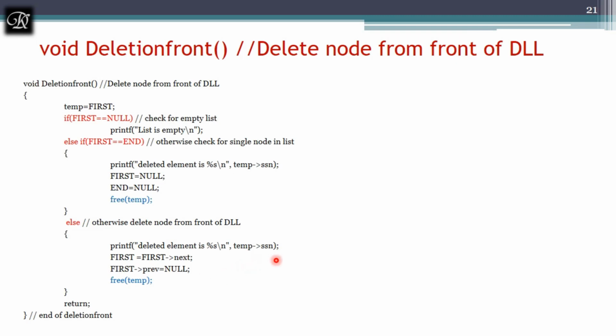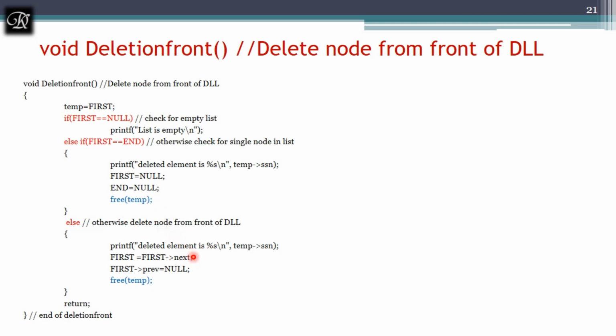Let's see how to achieve this with the help of the code. So as we have seen, there are three cases. The first case is when first is equal to null or end is equal to null, we can call it a list is empty, no need to perform the delete operation. The second one is first and end both are pointing to the same node. Then what we have to do, delete that and display which node you are deleting, and set the first and end to null and free the temp, because we are storing that node in the temp. Using the dynamic memory function free, we are going to remove the memory allocated for the respective node.